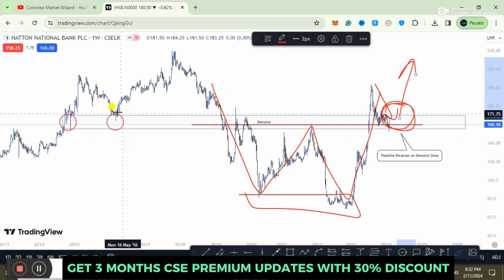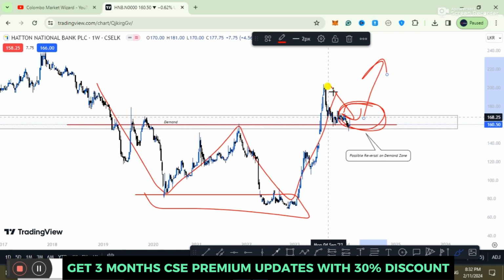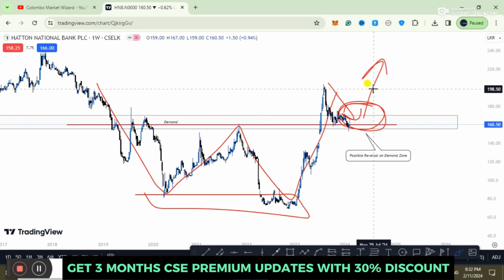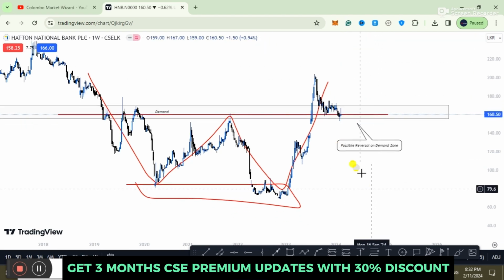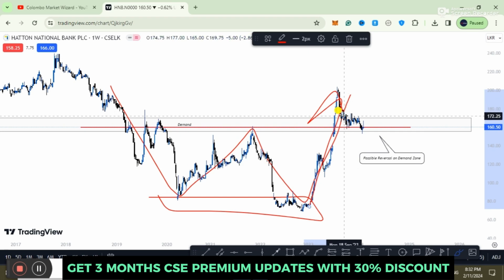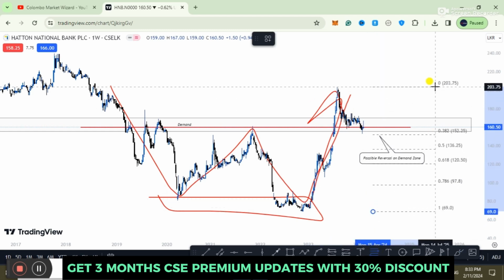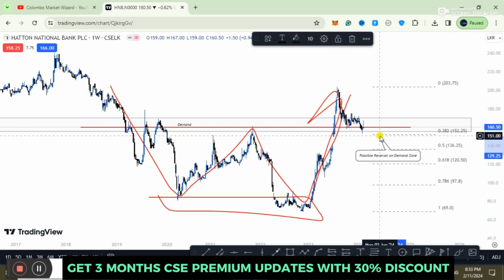The reason is that we also have evidence that the price has respected this level, this demand zone, as a buying level or a support, so we also have a chance of seeing a bullish reversal. But still, we also have a chance of seeing a downward shift, right? If the market considers that this W formation is already done with its structure, or if the price is really looking for a retracement down to a lower level, a retracement that can be extended close to 50% or 61%,